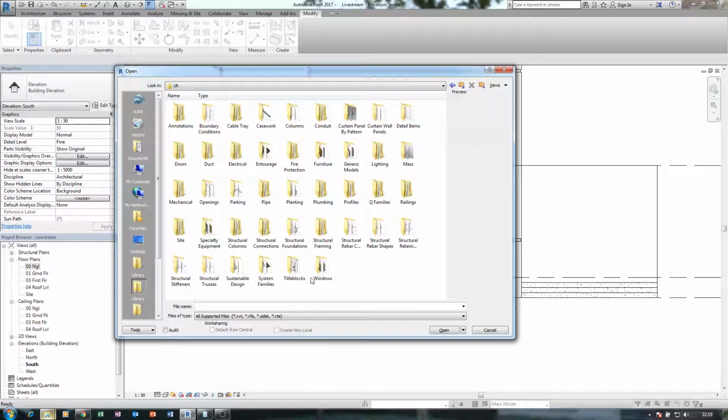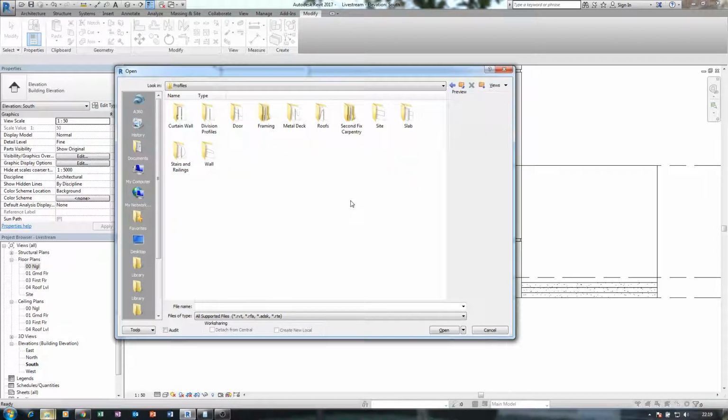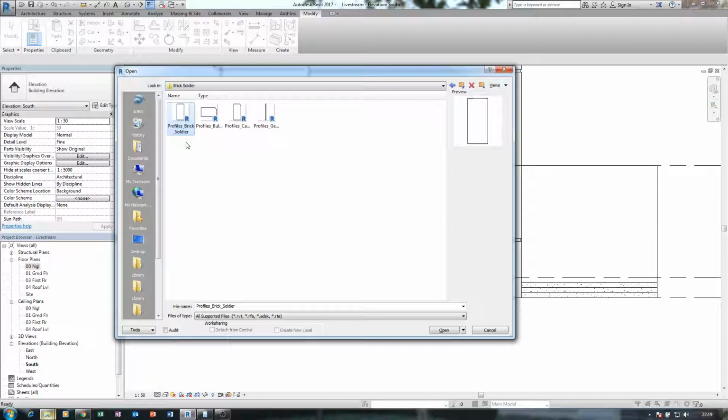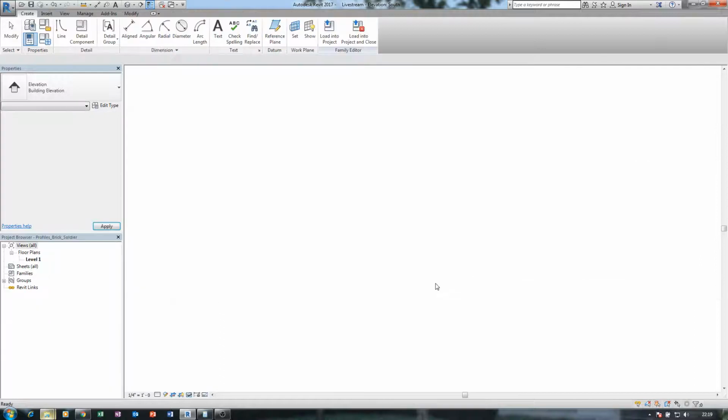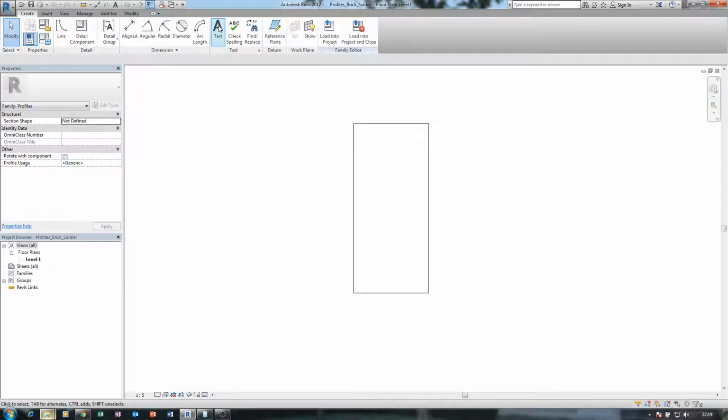I think it's under walls or something now. For profiles, so you see profile, and you see under wall profile, you see brick solder. So just use one of these, open, and now you have this.